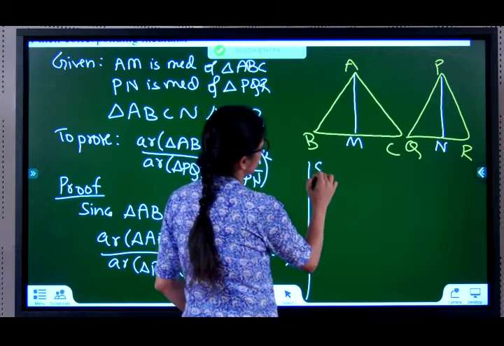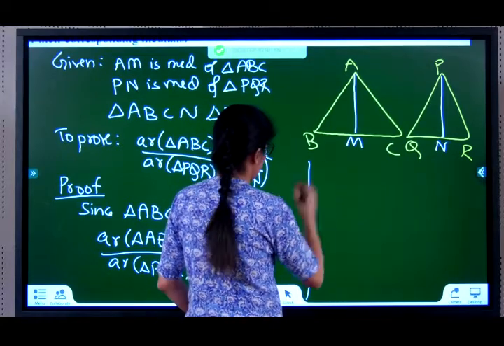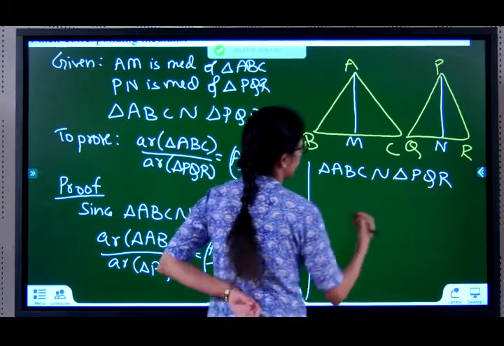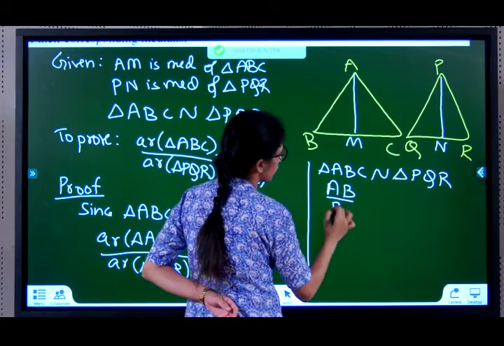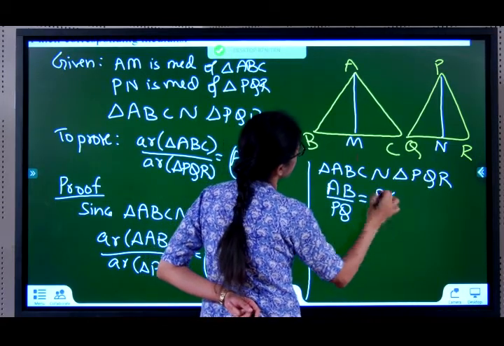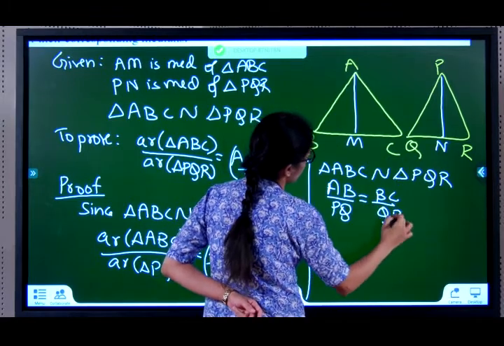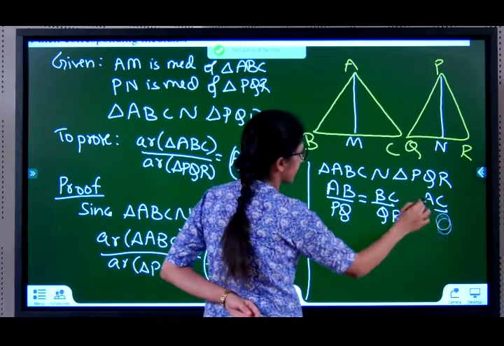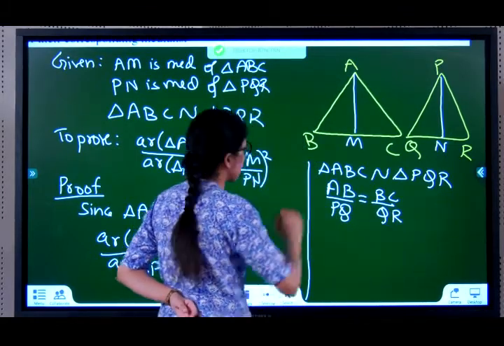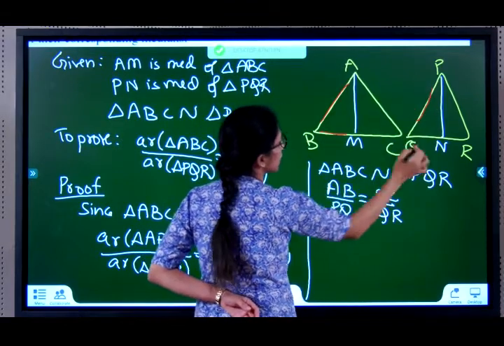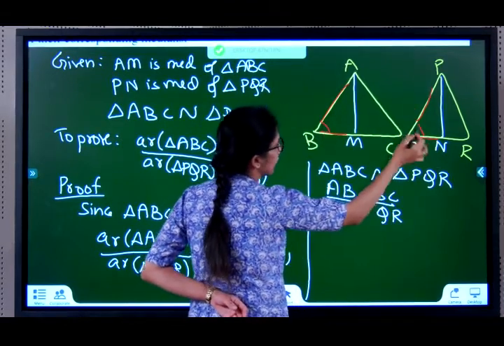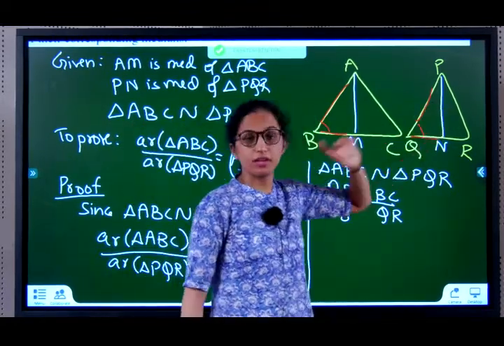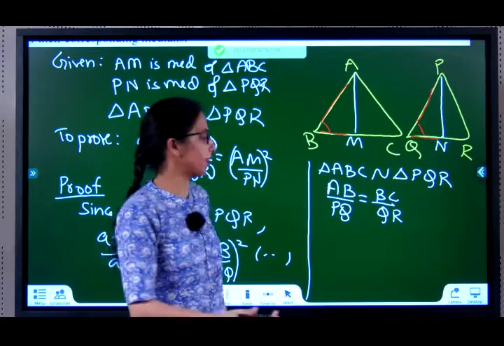Because triangle ABC is similar to triangle PQR, can I say AB by PQ is equal to BC by QR is equal to AC by PR. I don't want this AC by PR. I am going to do this. I am going to use SAS. I am going to prove this side by this side, only BM by QN, and I am going to prove using B equals Q. I am going to use SAS and say this triangle is similar to this triangle. We have already done this in the previous exercise, so you should know by now.